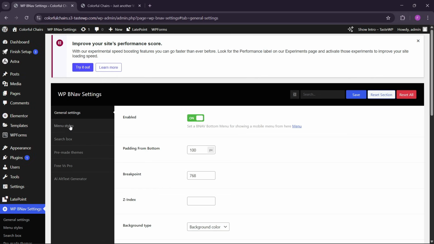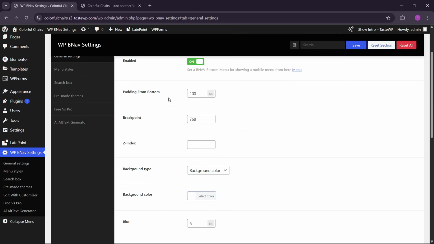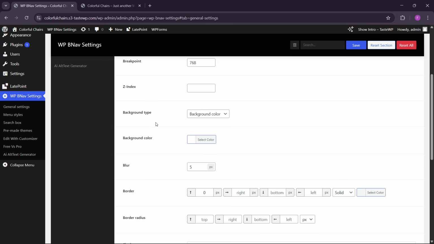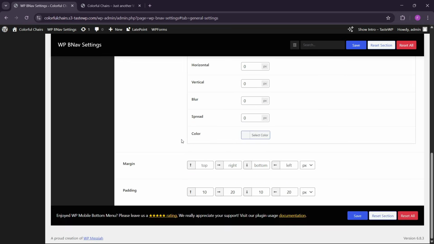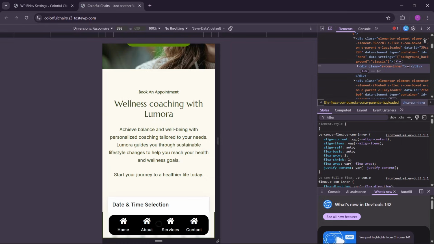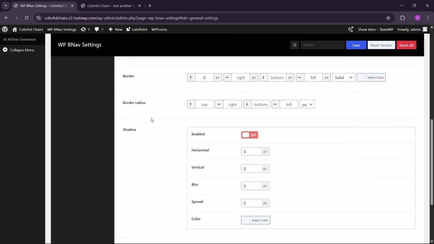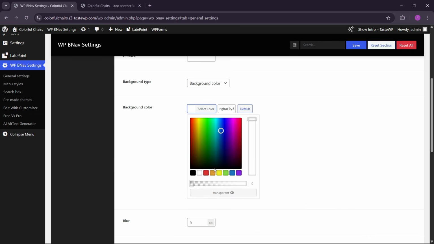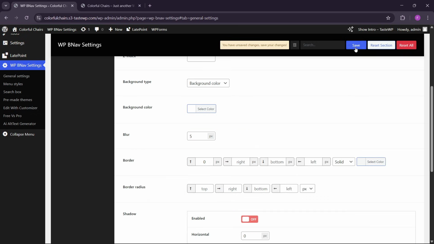and from here you can see we have this enabled. Here we have padding from bottom, just leave this. Here you can see we have the background type, we have the background color here. So right now you can see that this is the background color for this other space, outside space. So let me show you, if I go to this and if I choose the red color and if I save this,